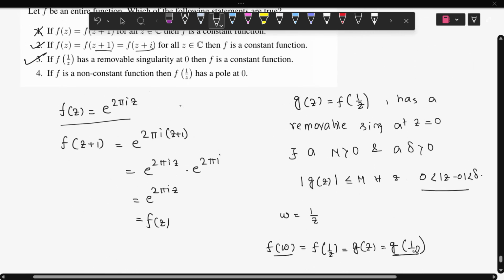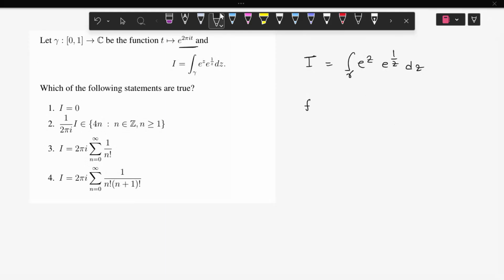So option 4 is wrong. Therefore the correct options are option 2 and option 3. Now we are heading on to our next question. The next question is saying that gamma from the closed interval 0 to 1 to C is the function where t